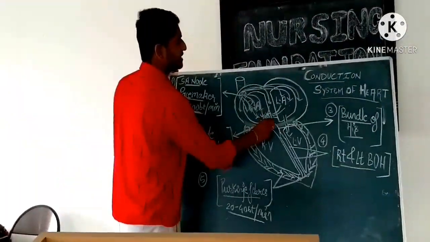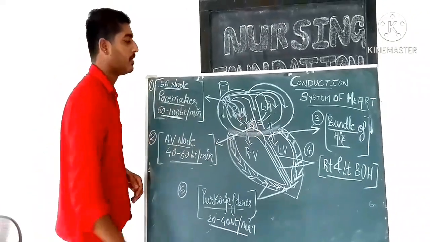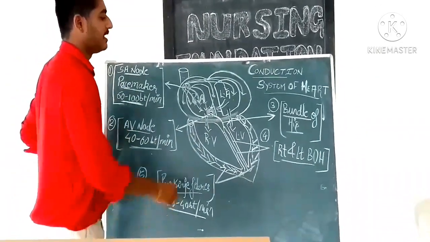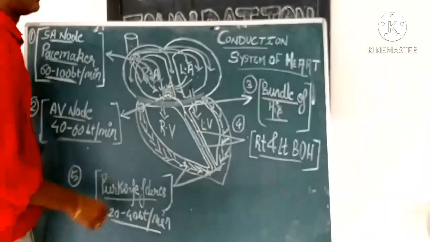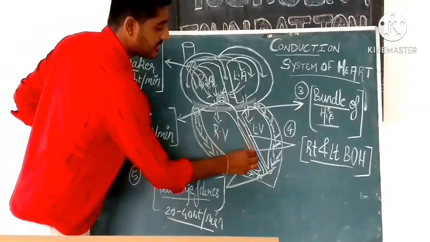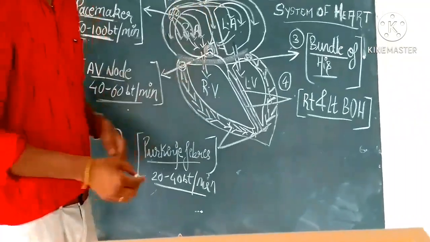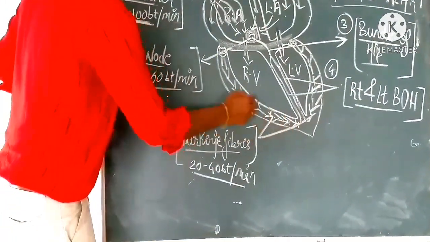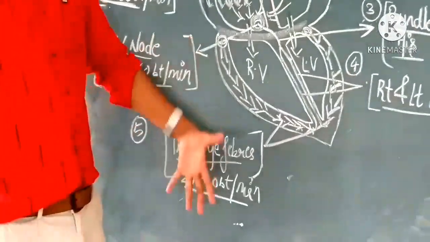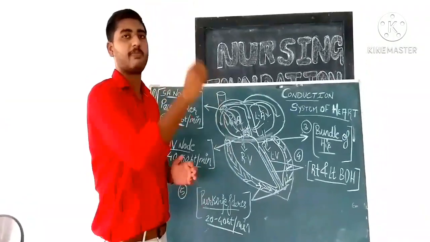Then the signals from both sides will be channeled and collected by the AV node. From the AV node, it will be sent further in a single channel called the bundle of His. Now it will be divided into two pathways, the right and left bundle of His, which carry forward the electrical impulses. From the bottom, they will take a U-turn and get divided into many small branches on both sides, and they are called the Purkinje fibers. And then they will contract both ventricles from bottom to top, and the blood will be directed upward.